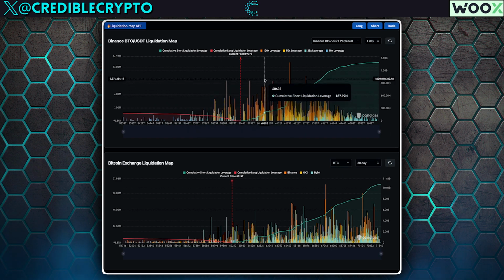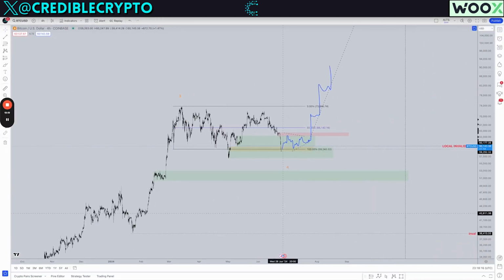And that's why I have emphasized that targeting very low levels down here, there's only two ways that happens, as I've previously talked about. You either get major long liquidations, or you get forced selling from spot. And forced selling from spot doesn't make sense if we're in a larger reaccumulation range. Their goal is not to sell to you here. Their goal is to buy from you here, right?